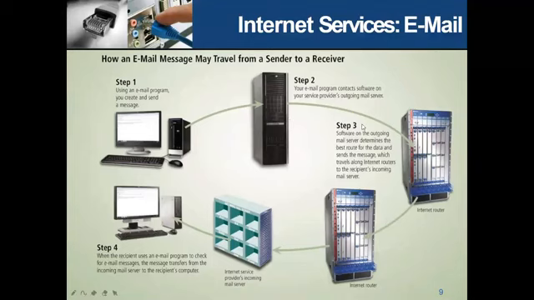Okay, there are two routers. One is for the sender who sends the email, the outgoing mail server, and one is the incoming mail server. Here, the mail is going. Mail is stored by the sender, right? And here, at the incoming mail server, the mail is received for the recipient. This is step number 3.